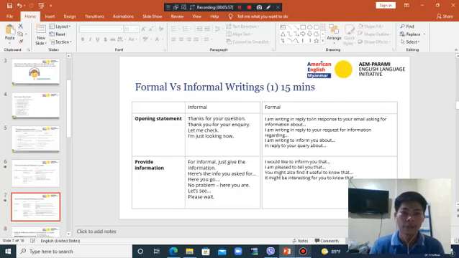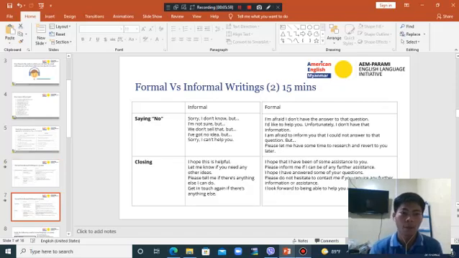All right, so in the next slide, we have provided the information. Sometimes you cannot promptly reply to any questions, right? You cannot give an immediate response to the question. So you're not sure at the moment. You do not have any idea at the moment. So you can say informally, sorry, I don't know, but I will keep searching for the information you asked for. Is it informal? I'm not sure about it. I'm not sure, but I will find something else.